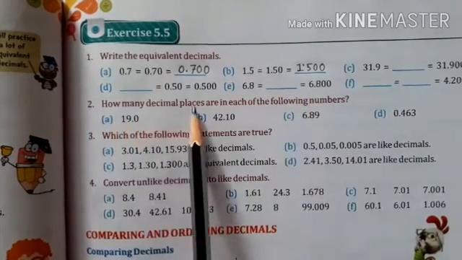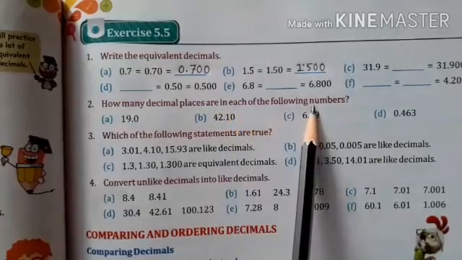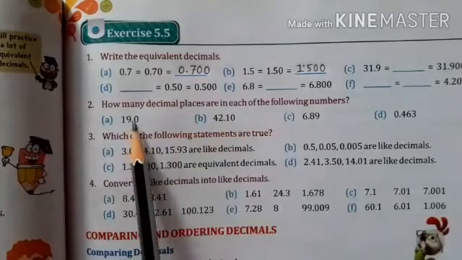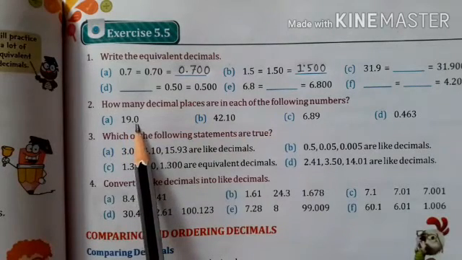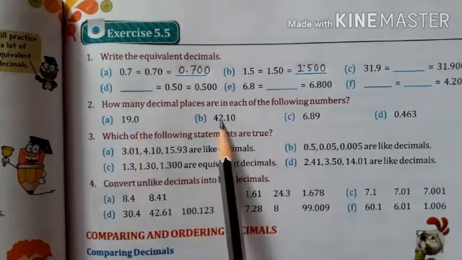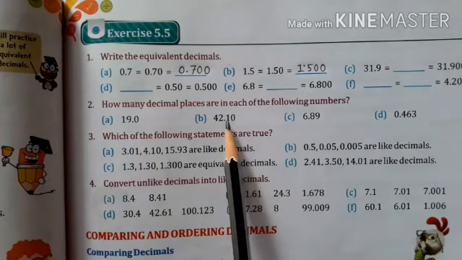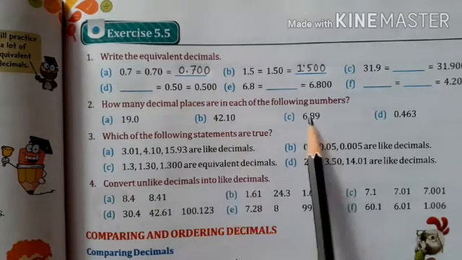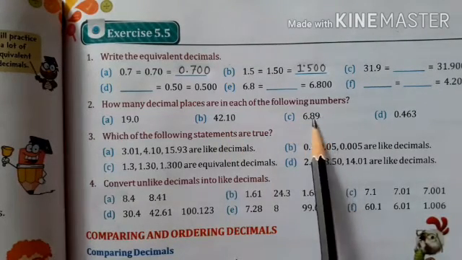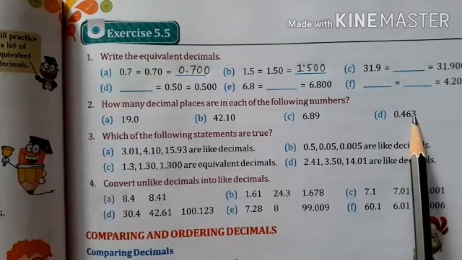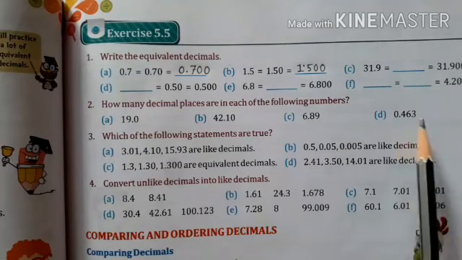Next, how many decimal places are in each of the following numbers? Look at here students, 19.0. This decimal has only 1 decimal place because on the right side of the decimal point there is only 1 digit, okay? 42.10. This decimal has 2 decimal places because on the right side of the decimal point there are 2 digits, okay? 6.89. This decimal has 2 decimal places because on the right side of the decimal point there are 2 digits, okay? 0.463. This decimal has 3 decimal places because on the right side of the decimal point there are 3 digits,